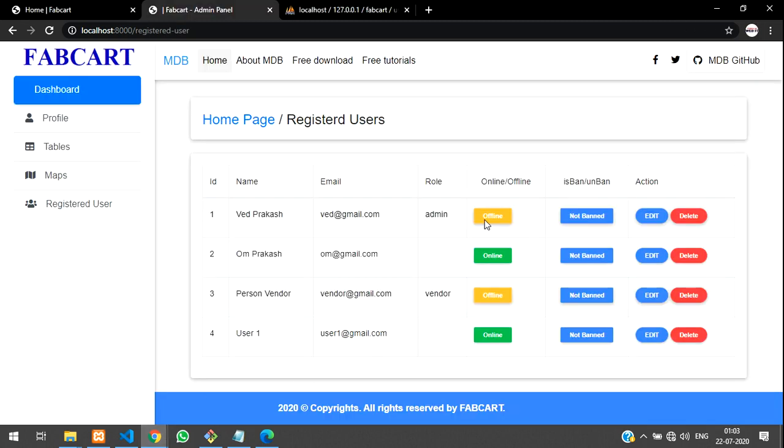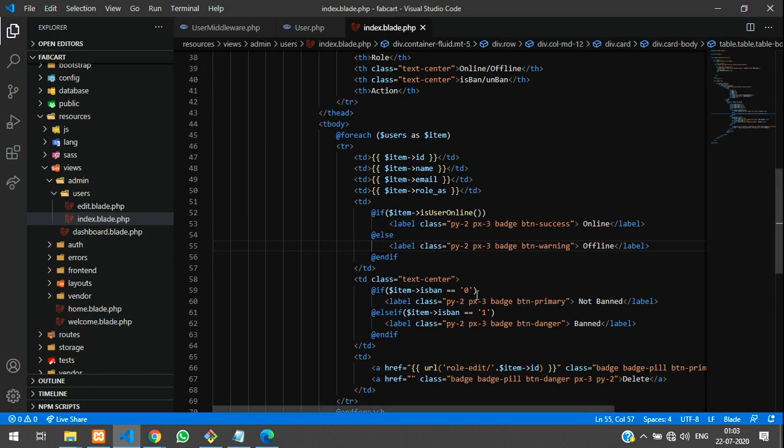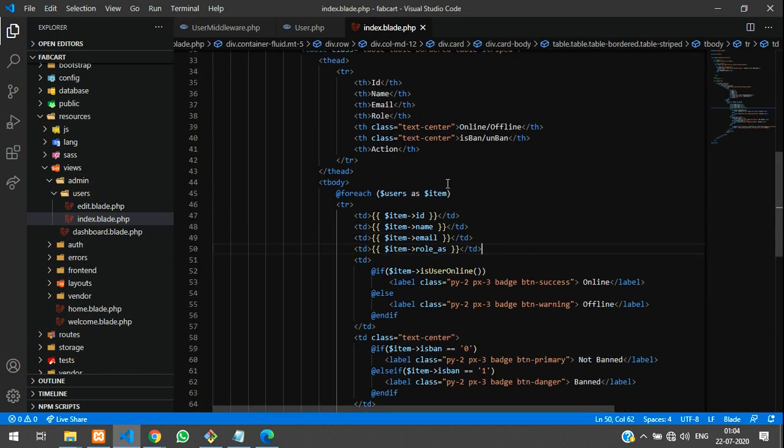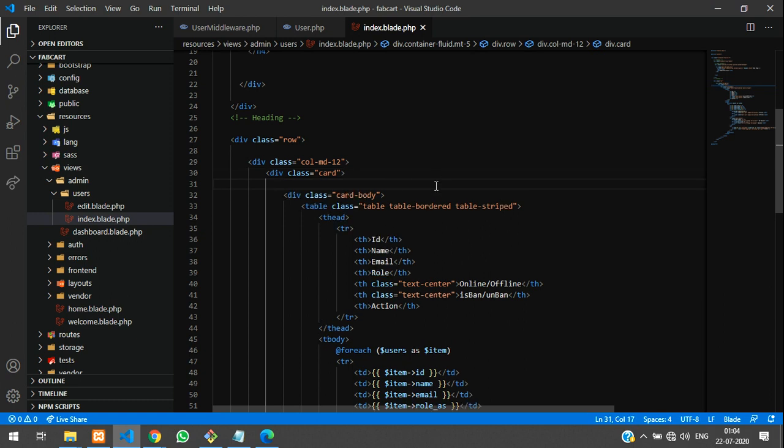Okay, so guys, now if you want the total record of users, how many in total are online, you can find it out over here. You can use the same thing. Just call it at the top with a for loop. I'll show you a simple demo.